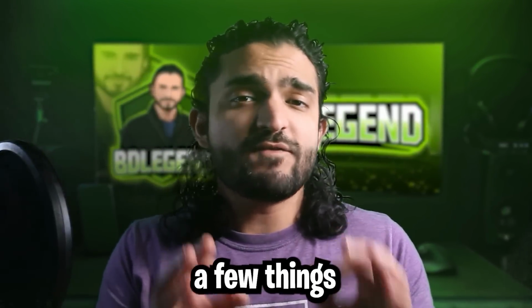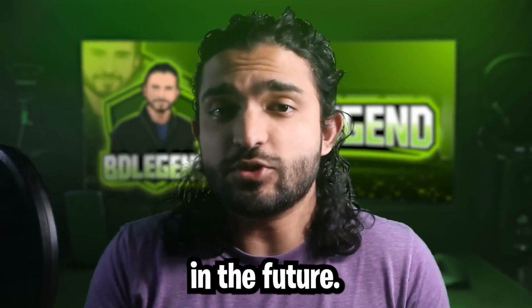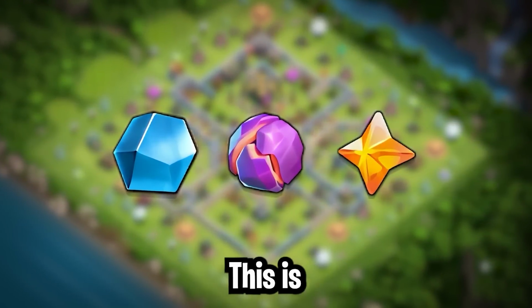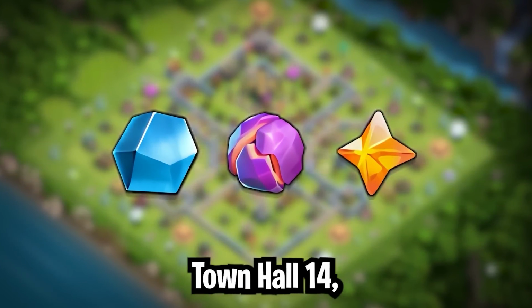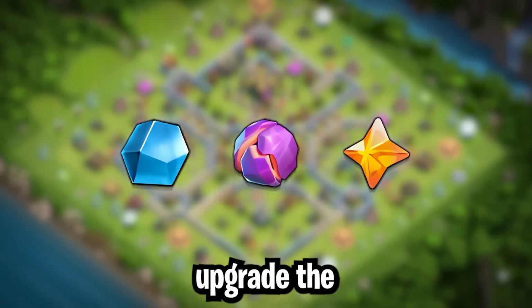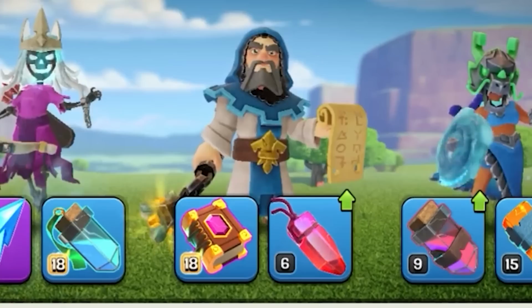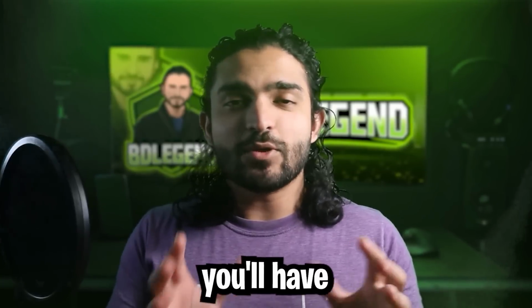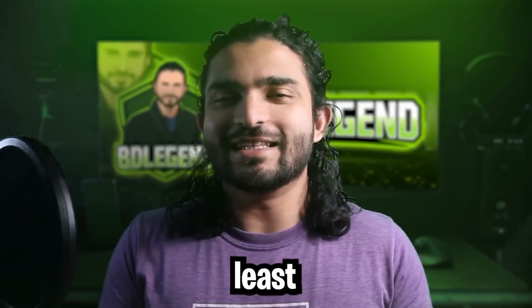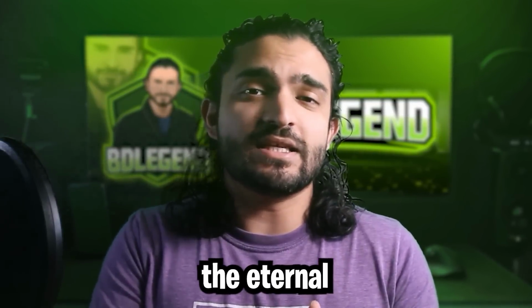But whether you're ready for the next town hall level already, or you're still working and making your way towards it, there are a few things that you can do that can really set yourself up for success in the future. The first one of these things is to stockpile some ores. This is because when you reach Town Hall 14, you will unlock the max level of all common equipment when you upgrade the blacksmith. If you save some ores, you'll be able to max out your Eternal Tome on day 1. The time that you'll have to be saving your ores will vary, but I would recommend to be saving for at least 2 weeks so that you get enough resources to be able to max the Eternal Tome on